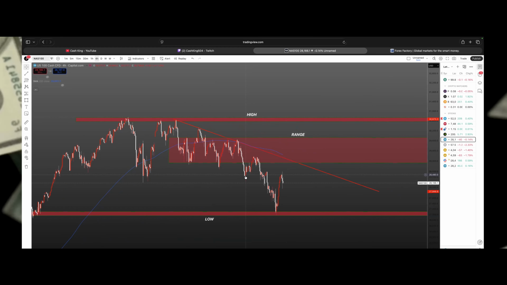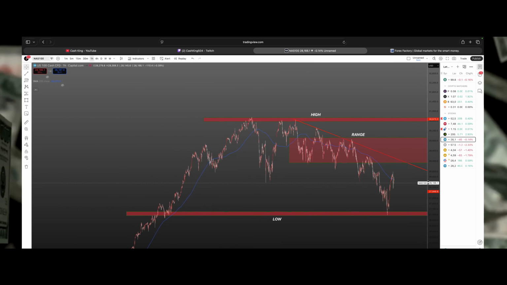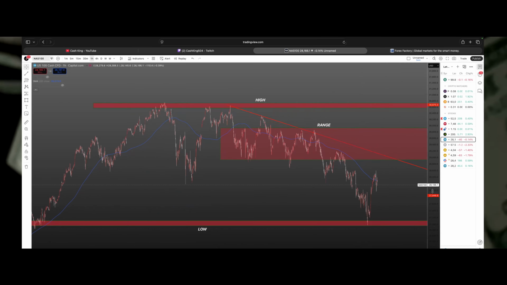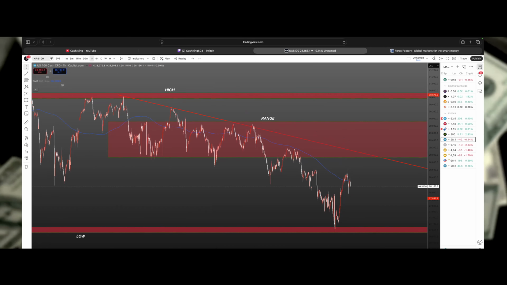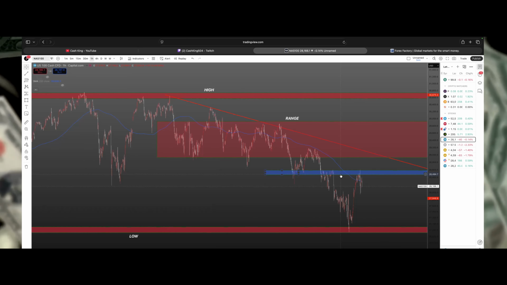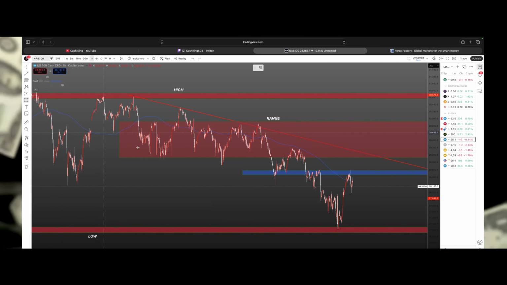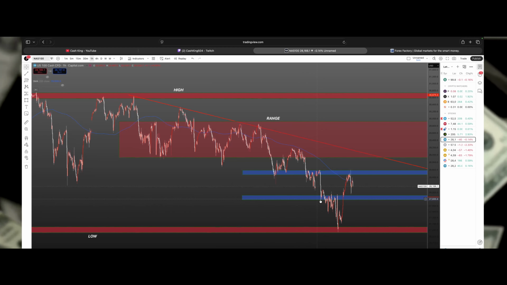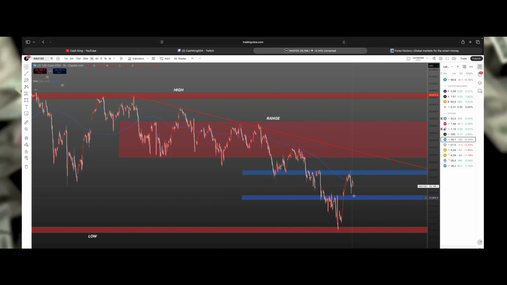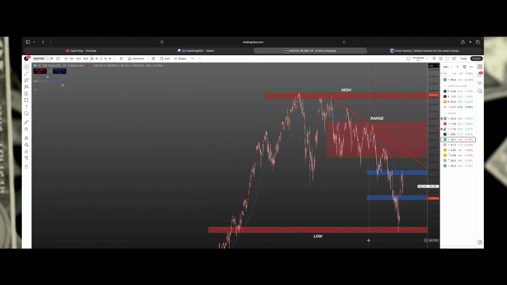So, okay. Let's go to the lower time frame because I want to also mark up some areas where price could reject. What I can probably see NAS doing this week is if price drops past this level, I'm going to mark this up too. If price passes this support, because this is support now since price is above it, right? And if it passes support, I can see price start to drop here.